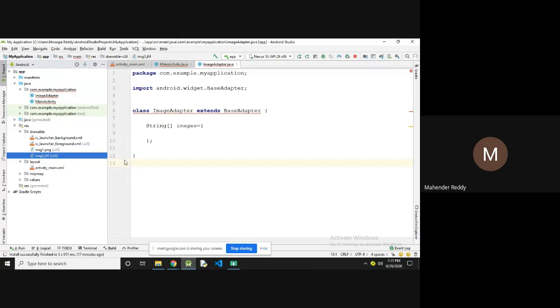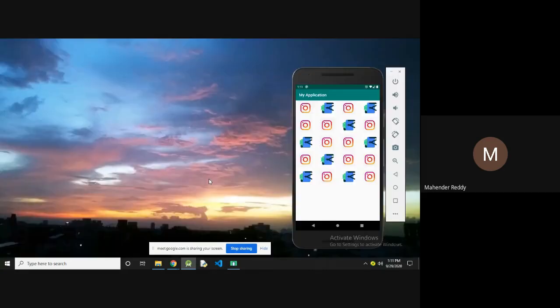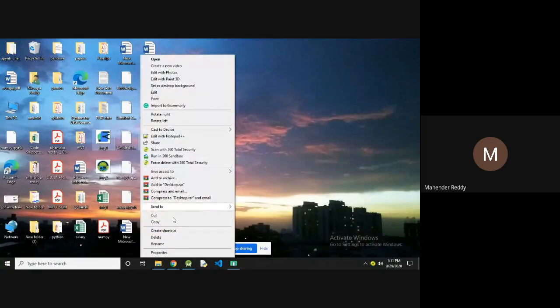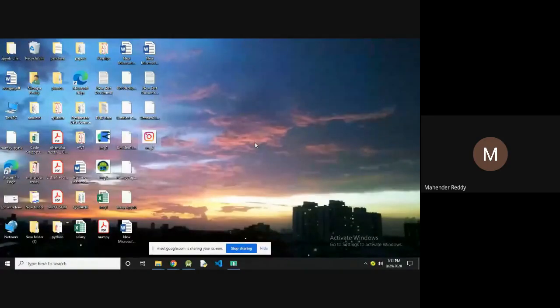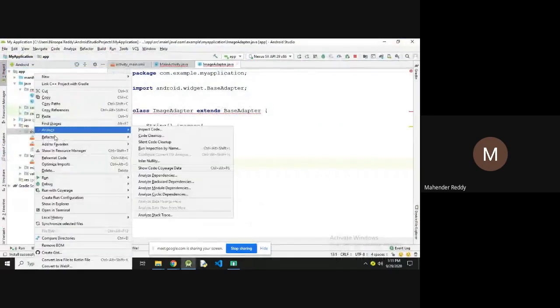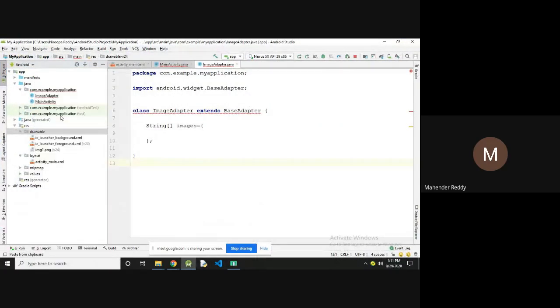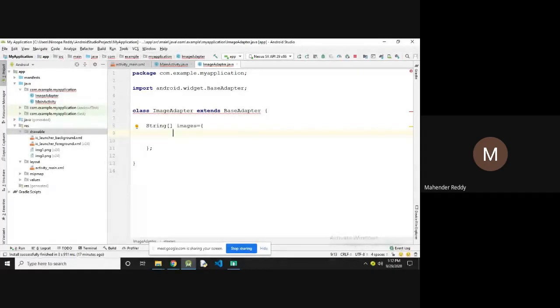So for this, copy and paste. Then the images are just available in the drawable folder.